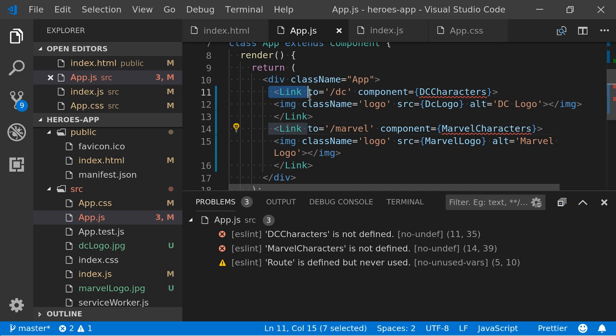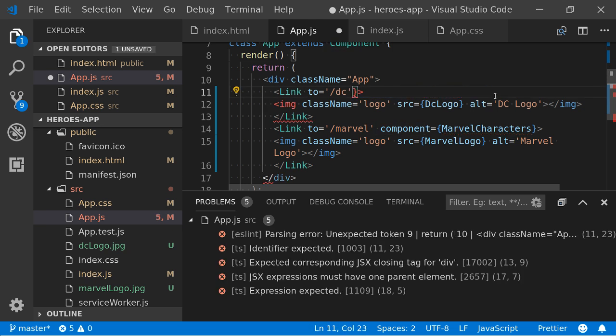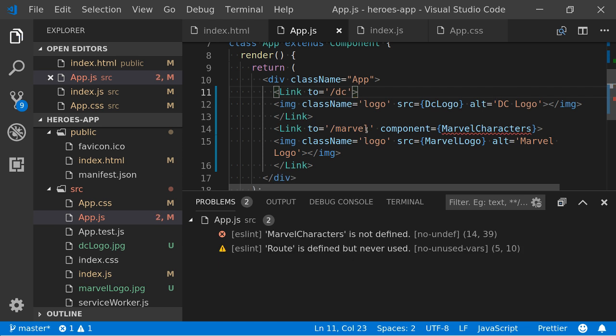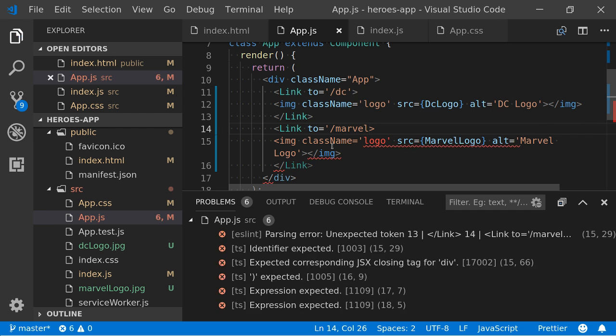So that's just a replacement for our anchor tag, yeah? When we click on that, it should change the URL. But also, we need to actually set up... sorry, I might have done this the wrong way around. We need to set up our routes. So it's a two-step process, if you like. We create the link to somewhere, and we create the route so that React knows what to do when the link changes to that certain URL address.